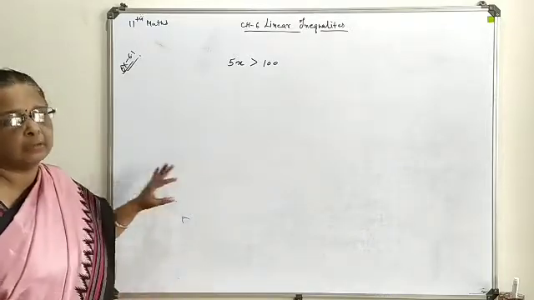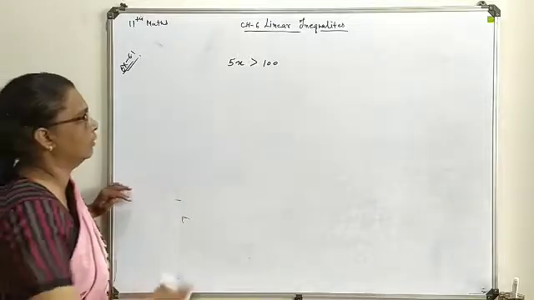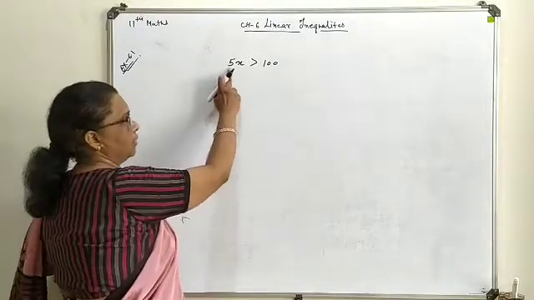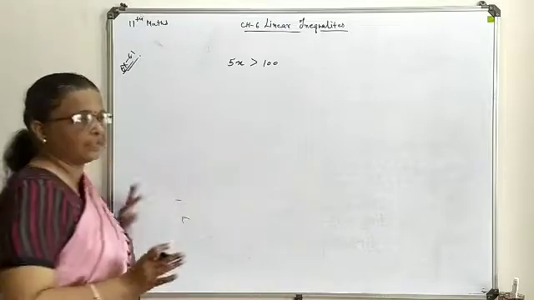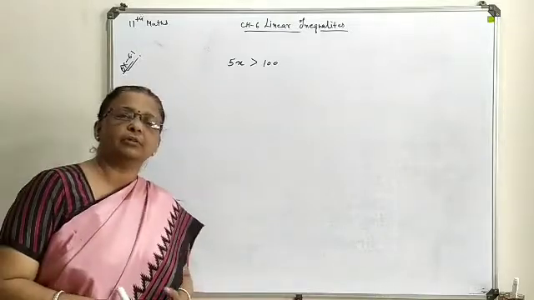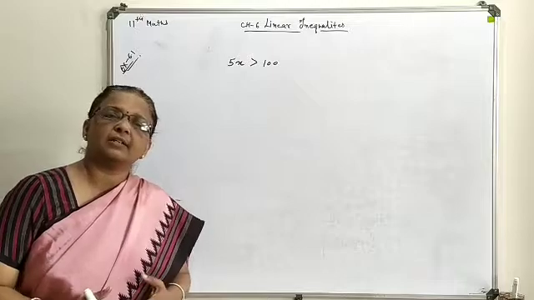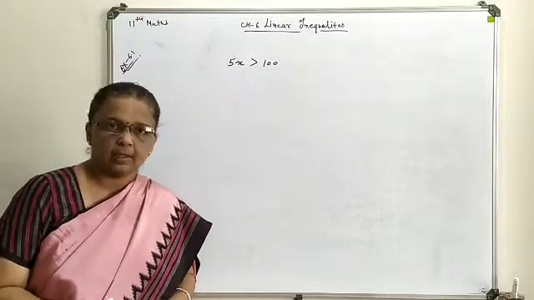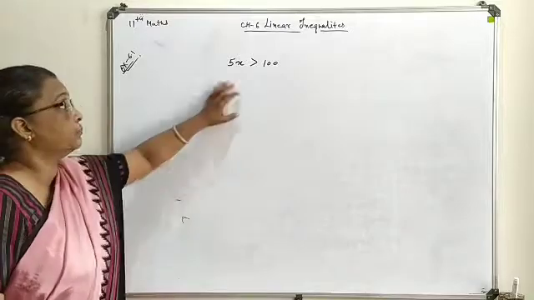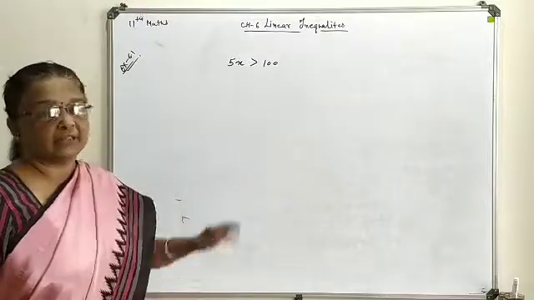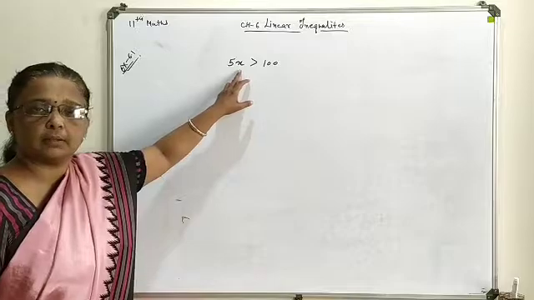Now what method will you implement? First of all, if any constant is written as a multiple or as a divisor of x, make it separate. Anyhow we have to move in such a way that the x variable turns separate, then only can we write what x will be. So here what we will do is divide both sides by 5, so easily x will be separate.